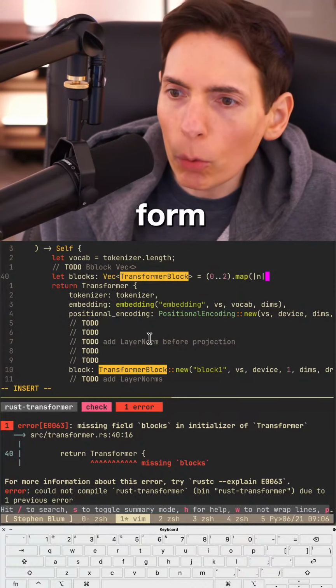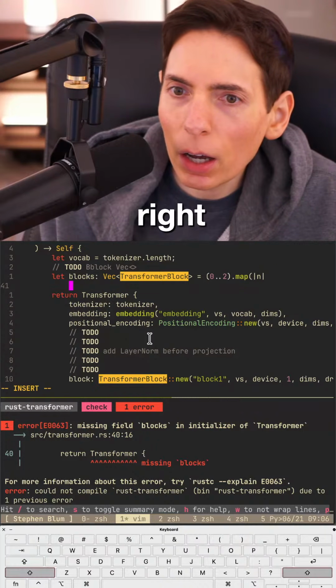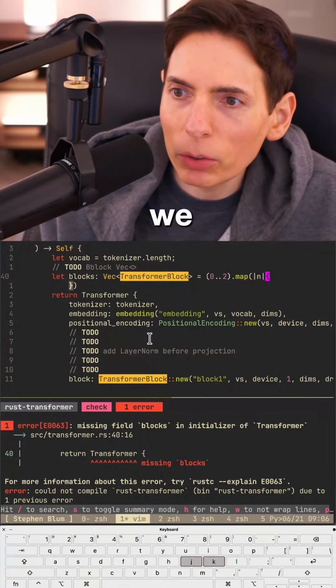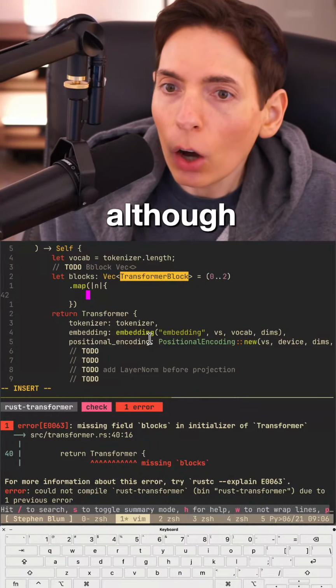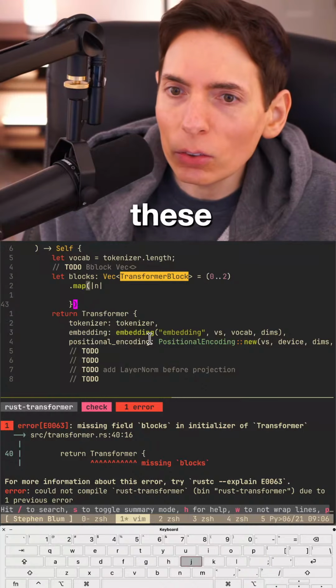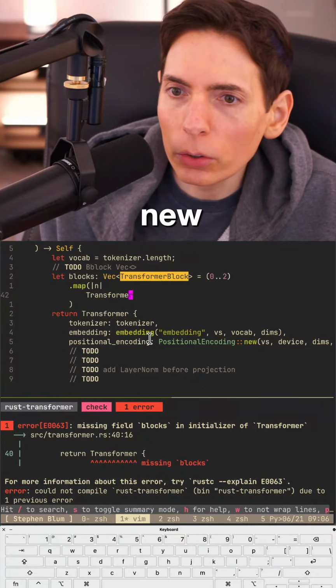So we can do a format. So I'll do it like this, right here. I think, right? Can we do that? Is that something we can do? And then we'll go like this, just so we can read it a little bit easier. Although we don't need these right here. So we're just going to do this and we say transformer block new.